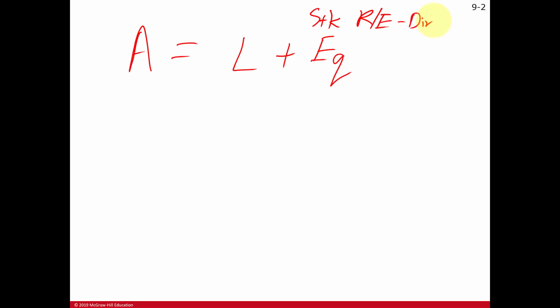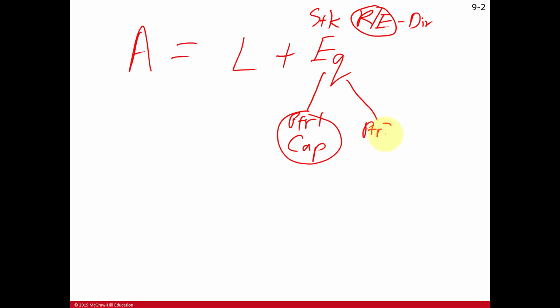But in the case of a partnership, we don't have stock, and the earnings are going to be divided up among the partners and not kept in a retained earnings account. So what we're going to do is set up a partner, let's call this partner number 1 capital account. And then we need at least 2 partners, probably more, but here we have at least 2, one capital account for each partner. And we need to know of course the balance in each of these 2 partner capital accounts,